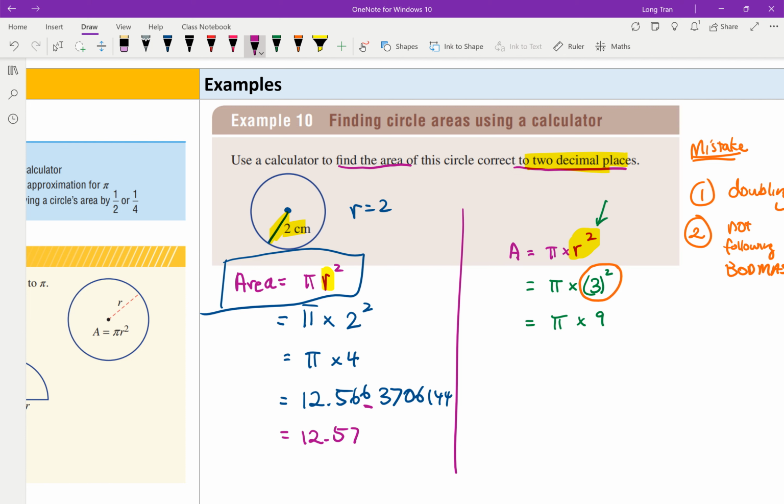12.57. Check the next digit after the second one. That's a 6, so you increase the last digit by 1. So it's